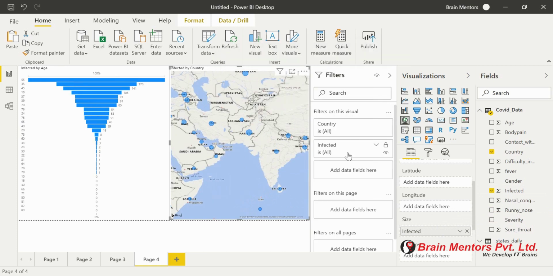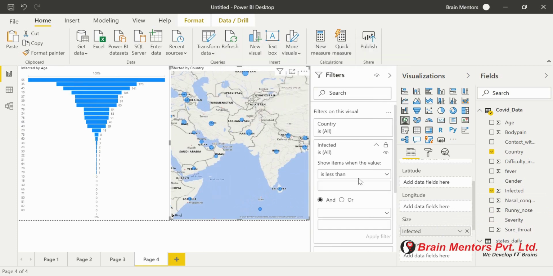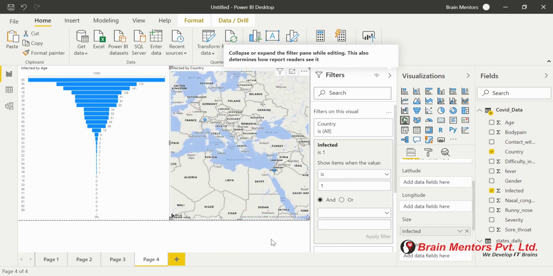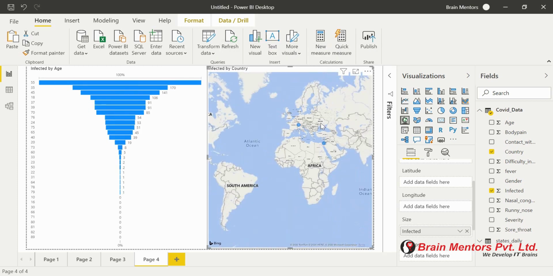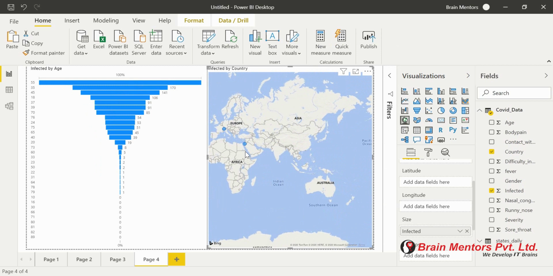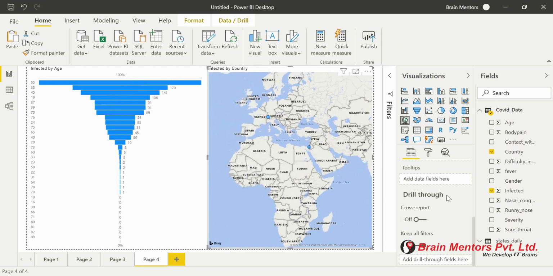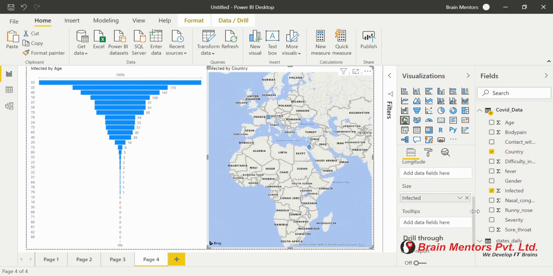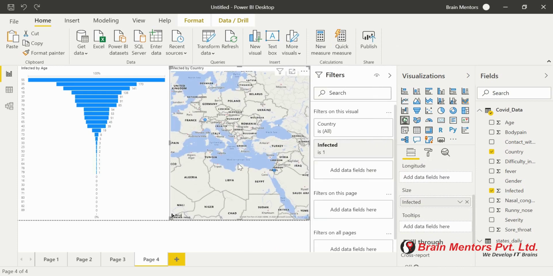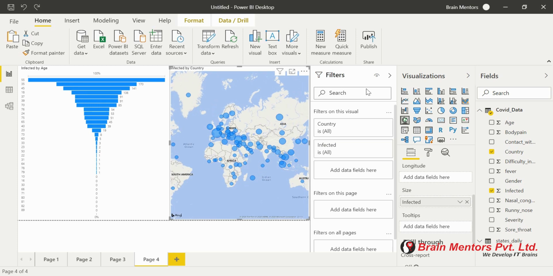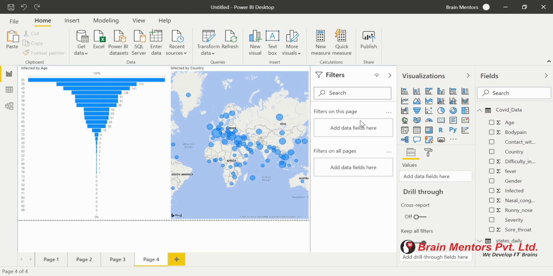So circle size is indicating that here. I just want to see the confirmed or recovered cases, so to do that, we need to put is 1. 1 means infected. Apply it. Basically, I don't think it will work better. So instead of applying a filter on this particular single chart, I'll do one thing. I will be applying the filter on the page level, which will be a better visualization for us. So cancel this part. I'm doing Control Z, and I'll be applying the filter on this page.